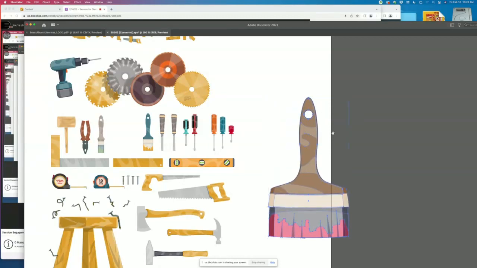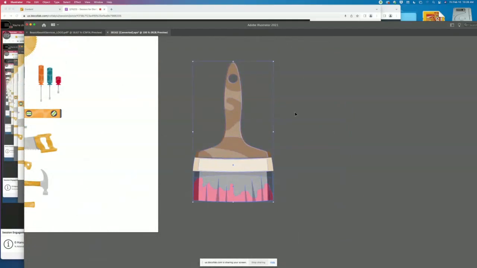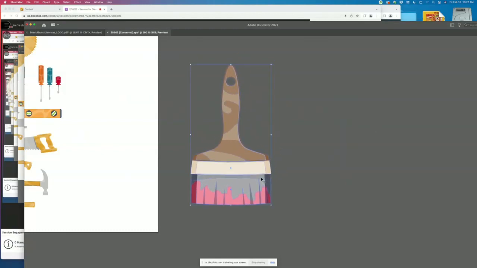So let's just make this a little bit bigger. I'm just using my space bar for that. And you'll notice I very rarely look at my keyboard. After you do this a while, you're just natural at it, right? So this is grouped, and let's say I want to change the color. There's a couple of ways to do it. I usually would ungroup, just Command Shift G, and it's still not ungrouping. Now it is. I had to do it twice, and this is grouped. So that's what I'm talking about. You can ungroup all this stuff to get to the pieces that you want, or